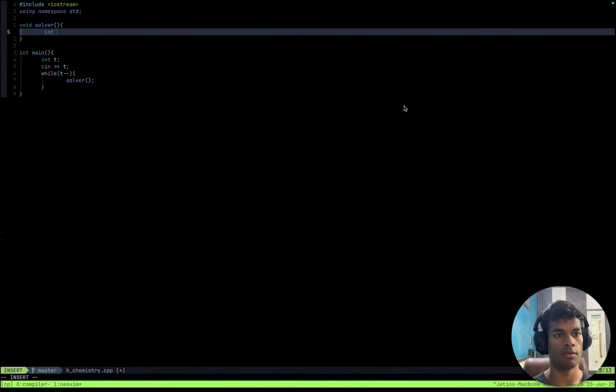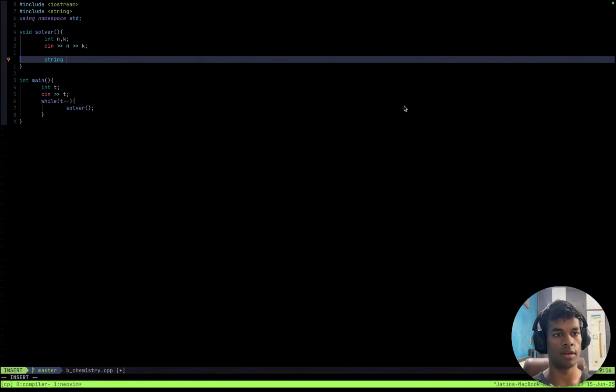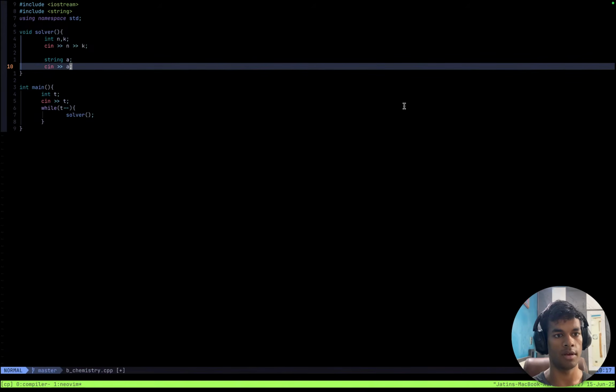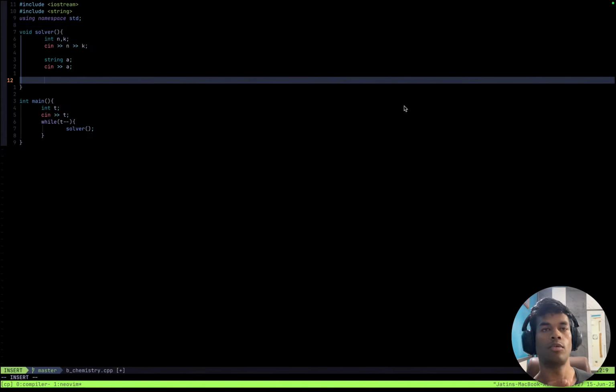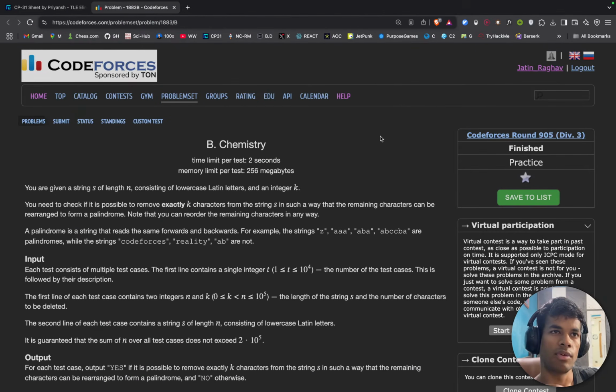Boilerplate code: I will have an integer n and an integer k. cin n and k, and then the string will be called a, and cin a. Now I have a string, and to make a palindrome I need to first figure out whether there are characters in the string that appear an odd or even number of times. Odd or even makes sense. What would be the case when I cannot make a palindrome? I think I should be able to make a palindrome